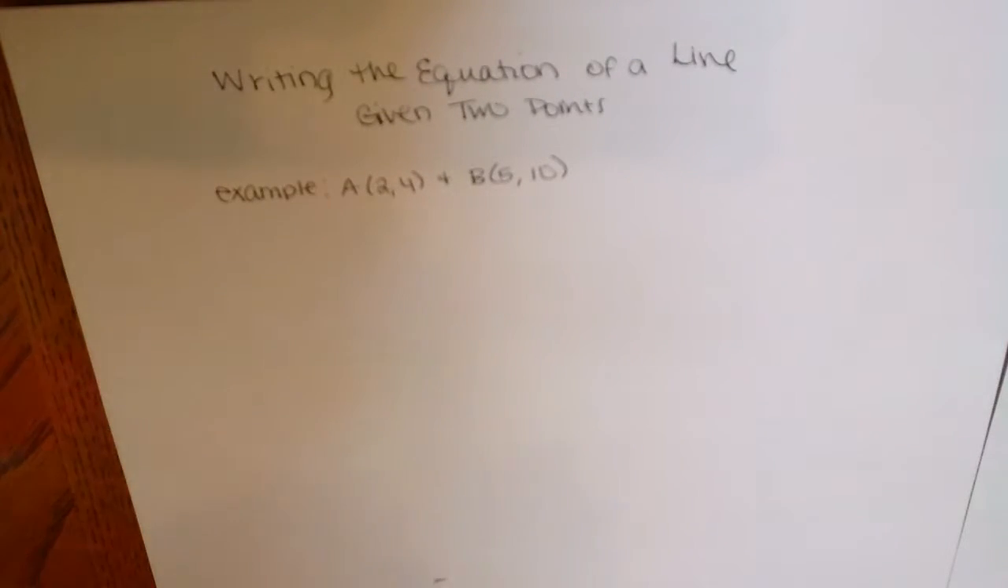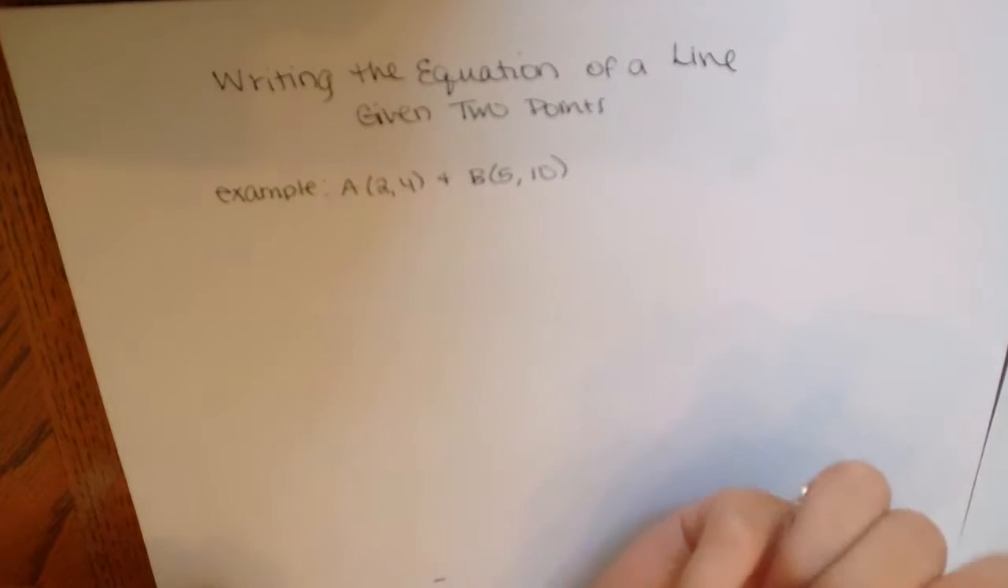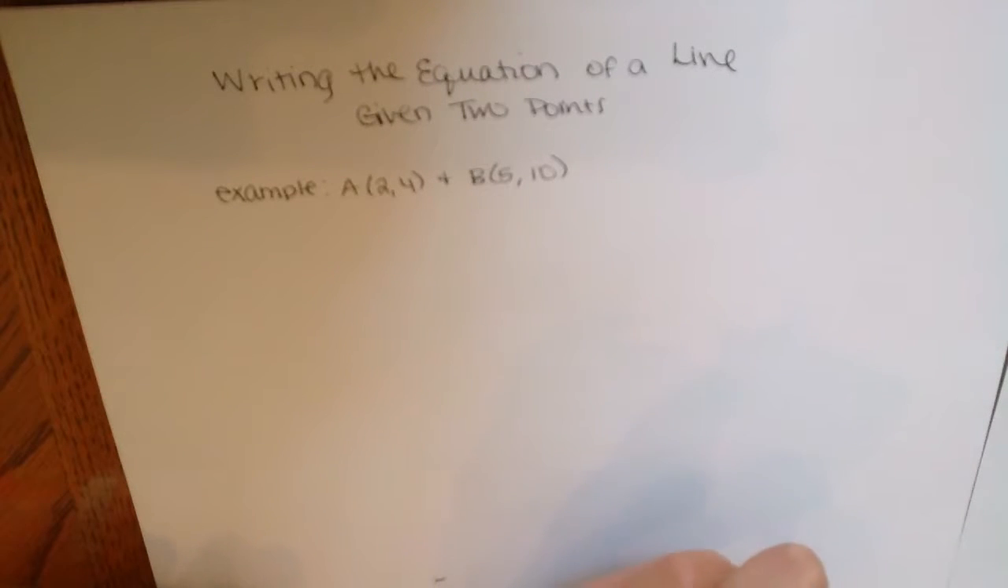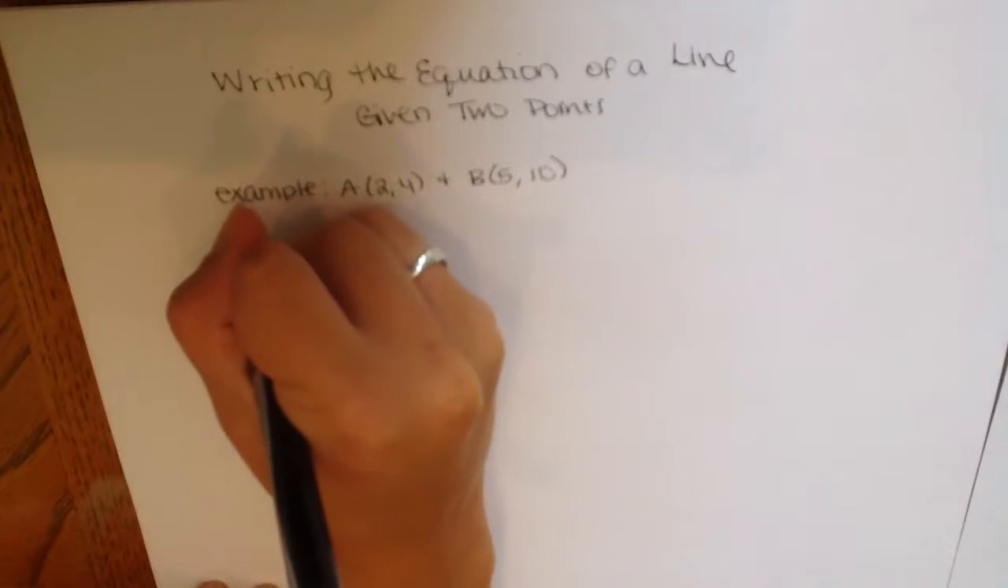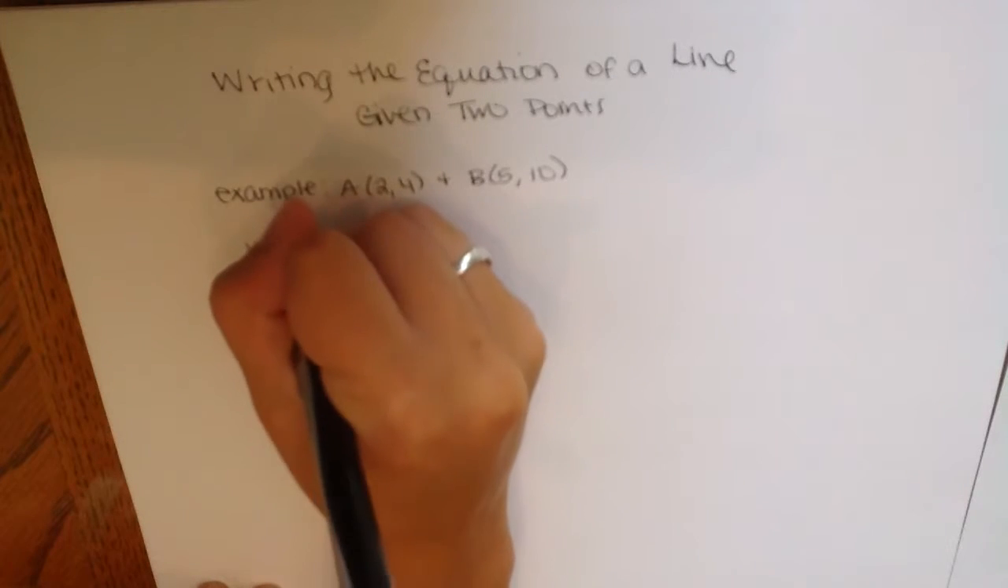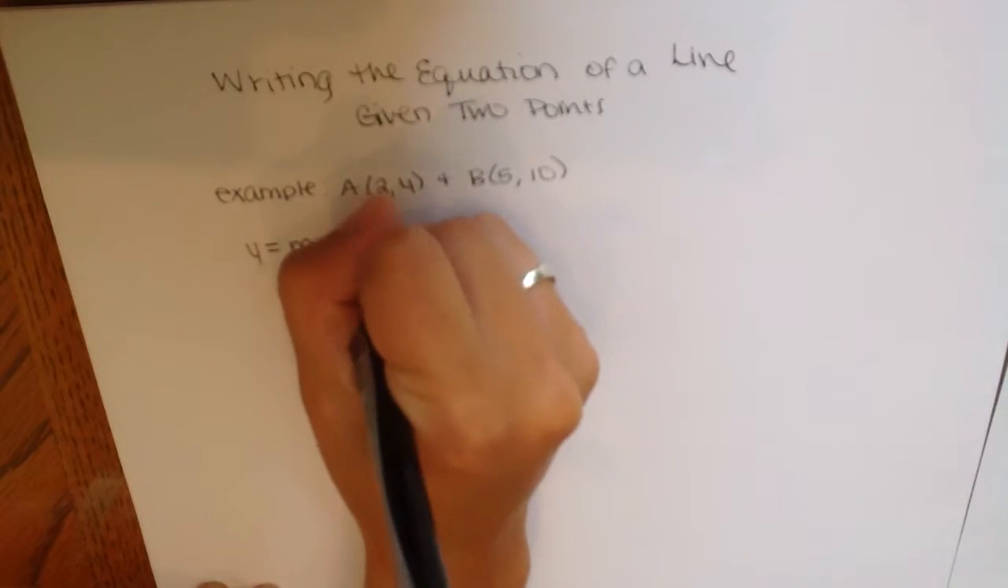All right, good morning, boys and girls. Today we are going to look at writing the equation of a line given 2 points. Specifically, we're going to look at writing the line in the format of slope-intercept form, or y equals mx plus